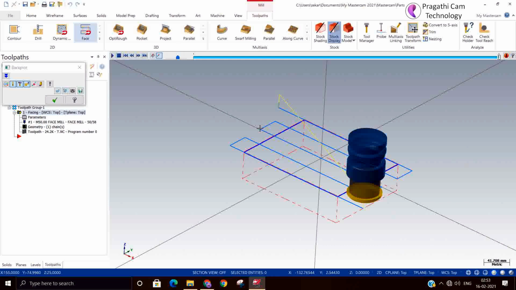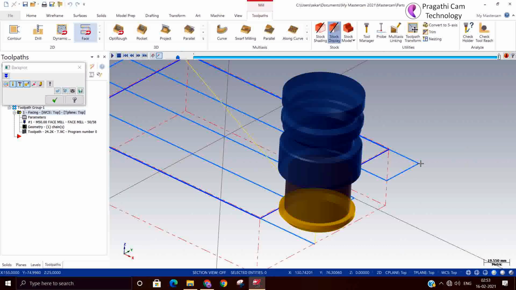It's not giving a smooth transition between one pass and the next. Naturally, when one axis stops and the next axis starts, one axis will decelerate the feed rate and the next axis will accelerate the feed rate.